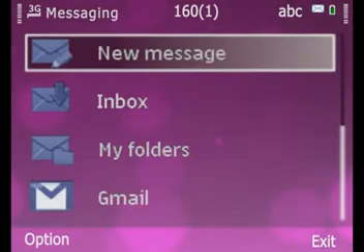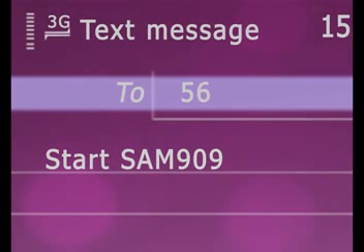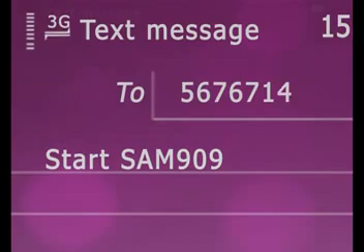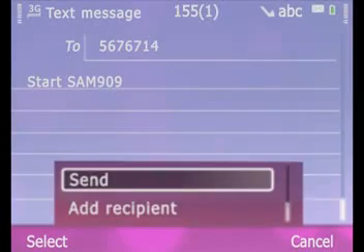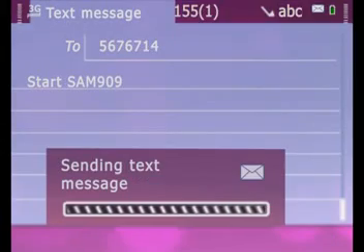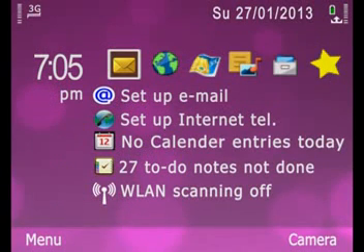Please go to the SMS section of your mobile phone and compose a new text message by typing start, followed by the IRCTC user ID, and send it to 5676714. This will also authenticate the users in the system. This SMS would enable the user to get the right SMS format which is needed for sending ticket booking details.